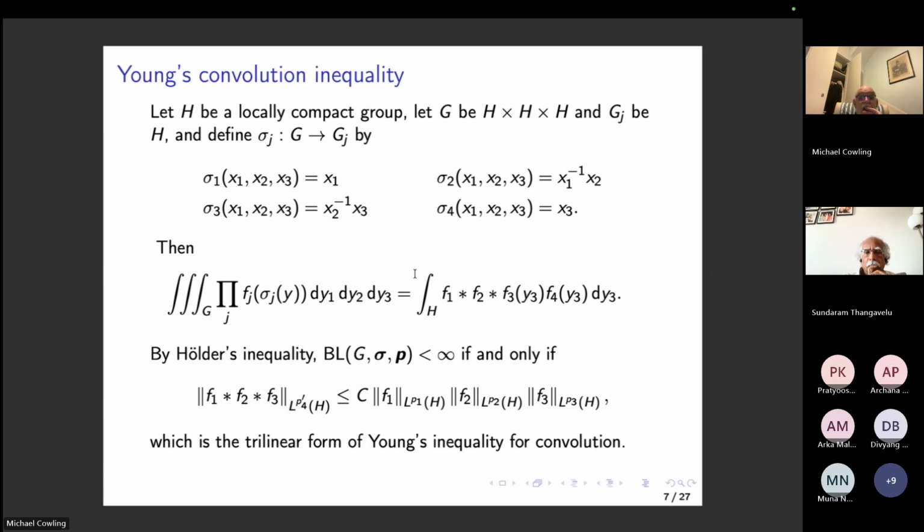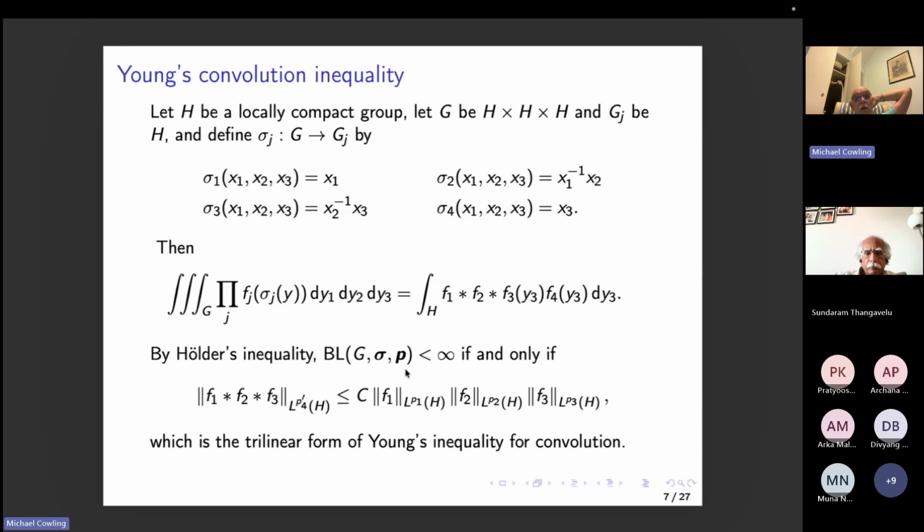Now, Hölder's inequality says that L^p and L^q are dual spaces. So if this integral turns out to be finite for all F4 in L^p of H, then that means that F1 convolution F2 convolution F3 has to be in L^p' of H. So we get an estimate that, well, if there is a Brascamp-Lieb inequality, if the constant is finite, then